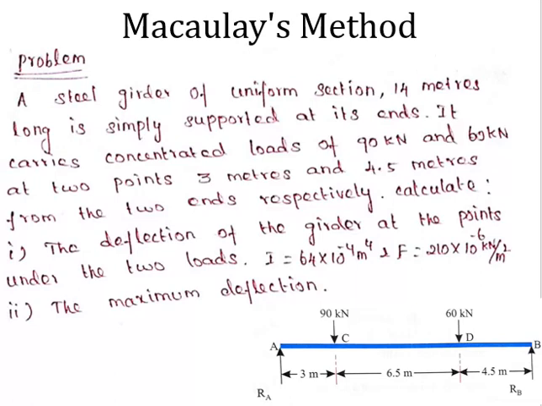So it is very important to calculate the deflection and the slope of beams. The most commonly used analytical methods to calculate slope and deflection are the double integration method or Macaulay's method, the moment area method, and the conjugate beam method. The double integration method and Macaulay's method are more or less the same. It is an important method to find slope and deflection, and also the easiest method.